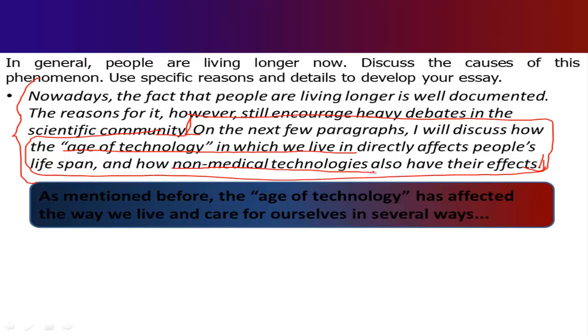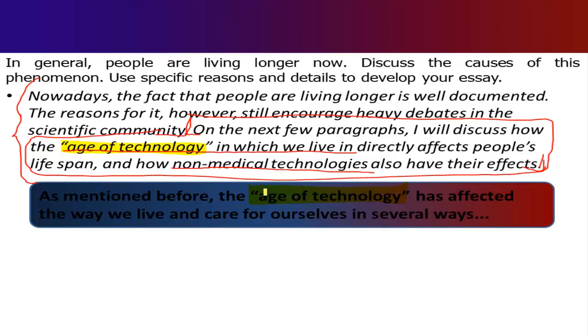This is the first topic sentence for the first paragraph. As mentioned before, the age of technology has affected the way we live and care for ourselves in several ways. It is a very simple sentence. It has no bells and whistles, not much to it, but I used a strategy that is very important. In my introduction, I used "age of technology," quote unquote. It's important on the TOEFL that you are consistent, as I mentioned before. So you can see from this part here